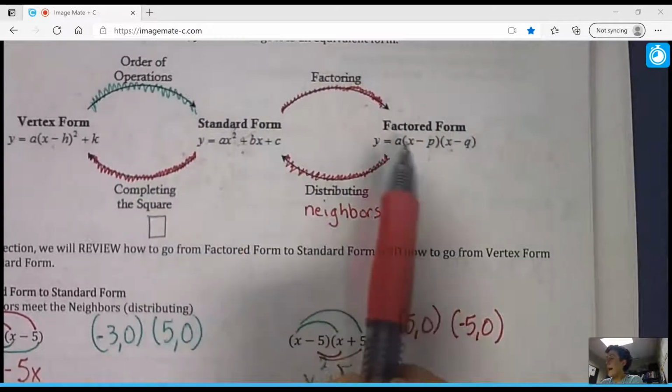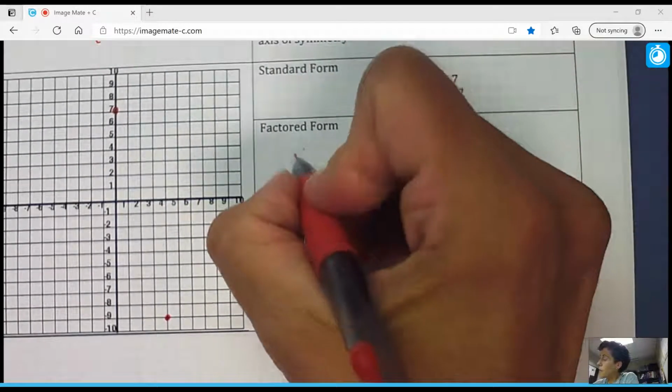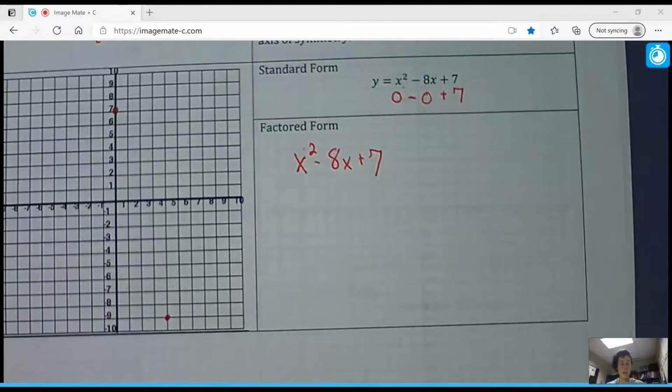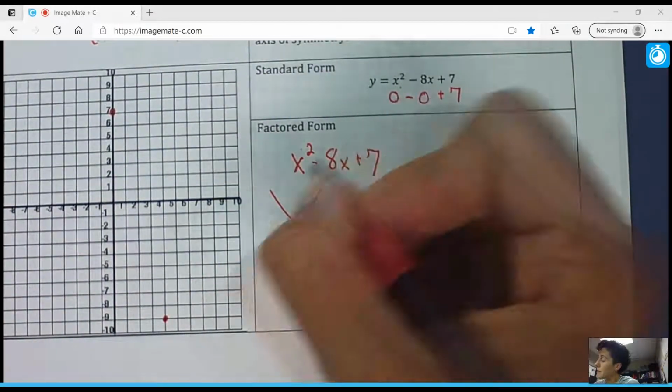And I'm going to do that using my standard form, and I'm going to factor it. So the first thing I would look at is, is there a GCF, which there's not. In this section, it's really important that you do the check of a GCF, because it will make things easier later. But there's not, so with 3 terms, we're going to make our x,